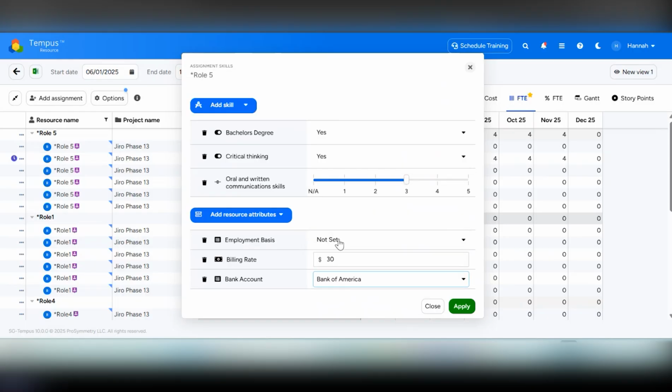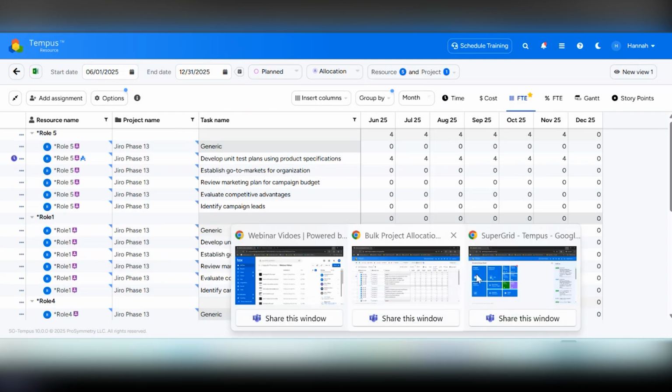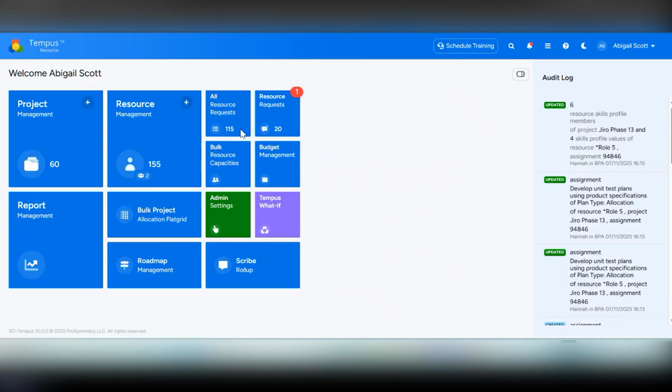Okay, and then once you apply this, you can go ahead and save the page. So now you can see that you have a pending request. So now when the request is pending, the resource manager can go in and update as necessary the named resources. So you can go in as a manager here, click on your resource request screen,